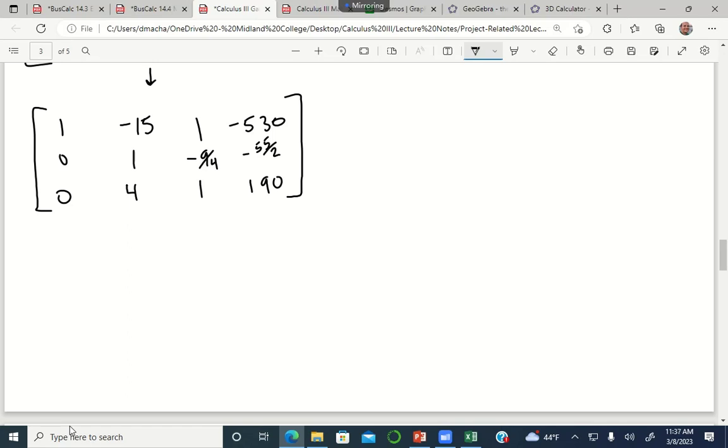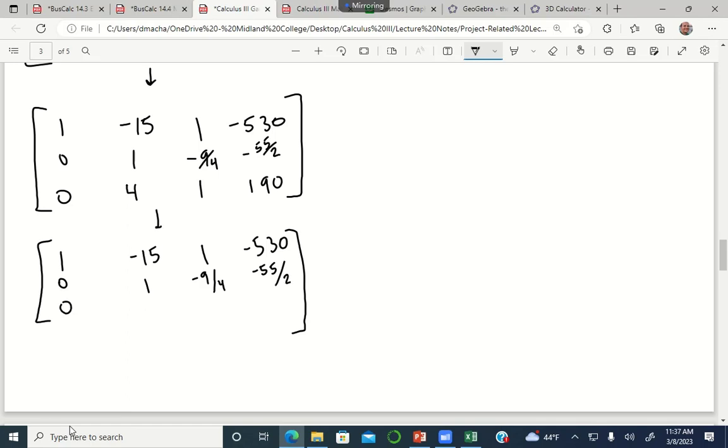What I'm going to do is now I'm going to take the third row and subtract 4 times the second row. I probably should have done that before I divided the second row by 4. You've probably realized by now that there's more than one correct way to do this, and that some of the correct ways to do this are easier than other correct ways to do this. So I'm probably not being the most efficient that I could be, but